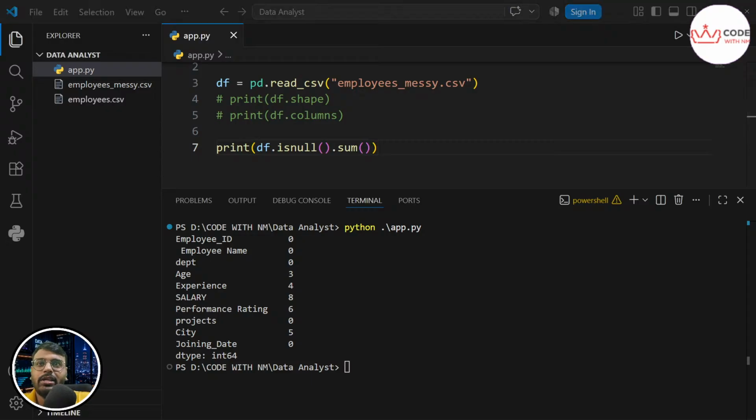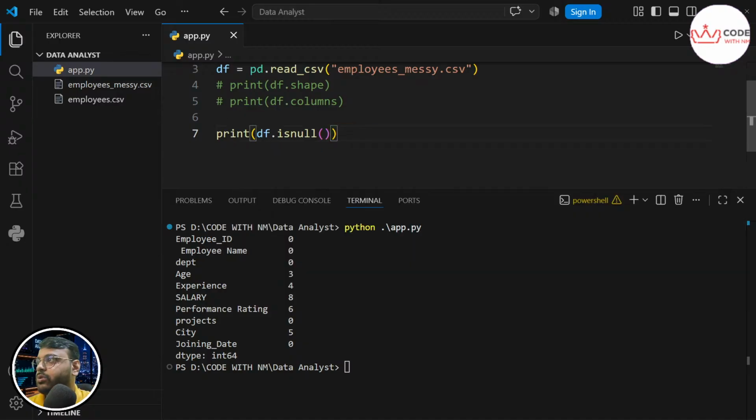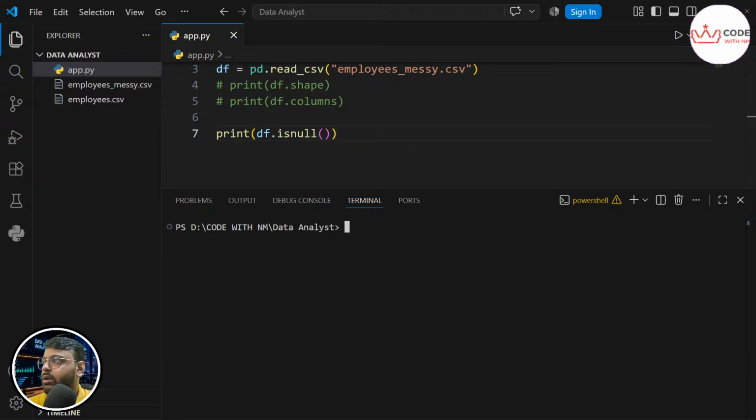So for this, there is one common beginner mistake. I will be explaining it to you, which is running df.isnull alone and getting confused by a giant grid of true and false. I will show you that. And always chain .sum on top of it to get a clean, readable count per column. So if you are not getting my English definition, what I said just now, let me just demonstrate this to you all,